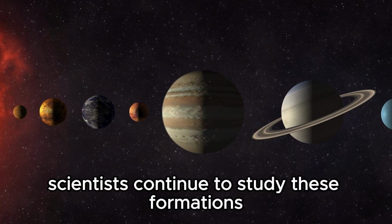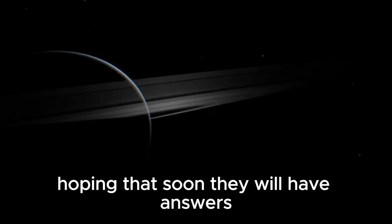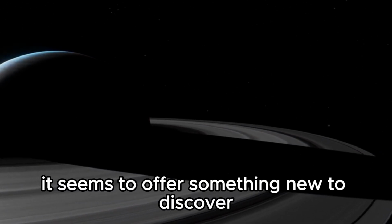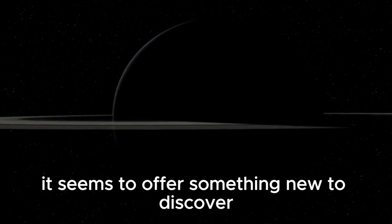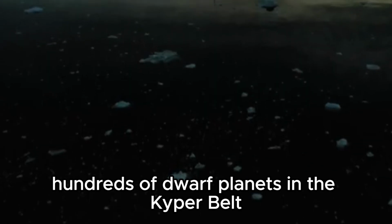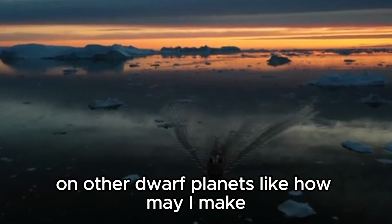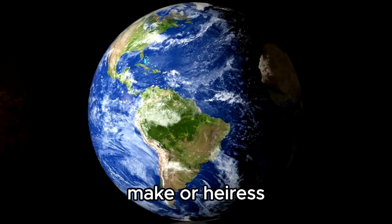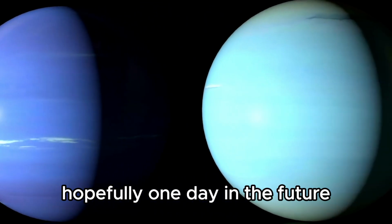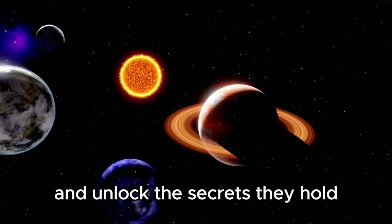Scientists continue to study these formations and other characteristic features of Pluto, hoping that soon they will have answers to the hazy questions about Pluto. Each time we gaze upon Pluto, it seems to offer something new to discover. And Pluto is just one of potentially hundreds of dwarf planets in the Kuiper Belt. It's truly inspiring to think about the wonders that may exist on other dwarf planets like Haumea, Makemake, or Eris, which we haven't yet had the chance to explore. Hopefully, one day in the future, we'll have the opportunity to witness their frozen beauty and unlock the secrets they